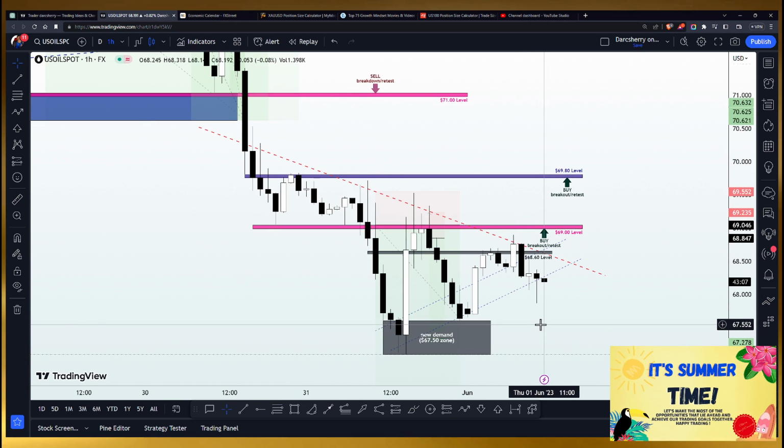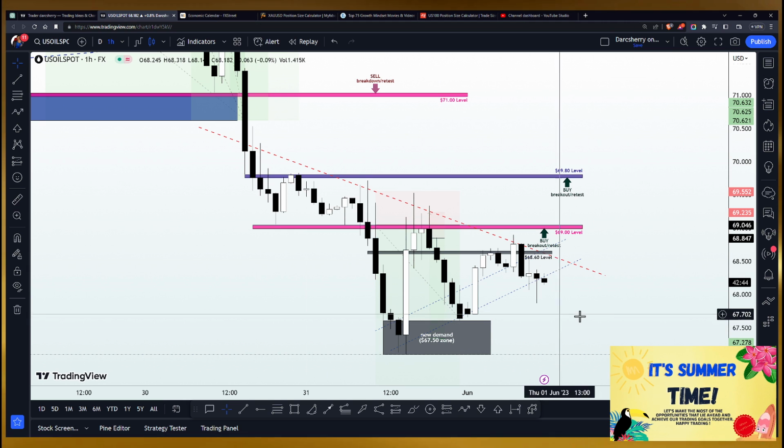So I'm of the opinion that we might likely be seeing a reversal pattern from this area, but mind you, we are not ignoring the potentials that sellers could still take over this market. So we are going to be weighing both options to see how to position ourselves ahead of the New York session today. So we are going to first of all talk about the potentials that the buyers have from this current structure.